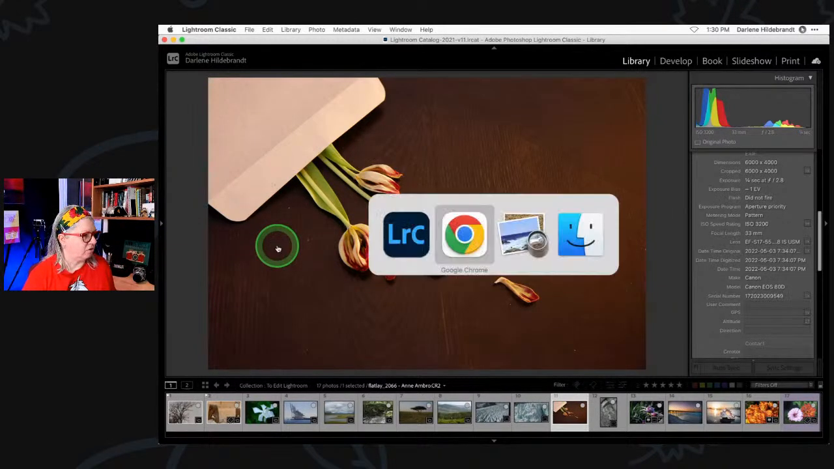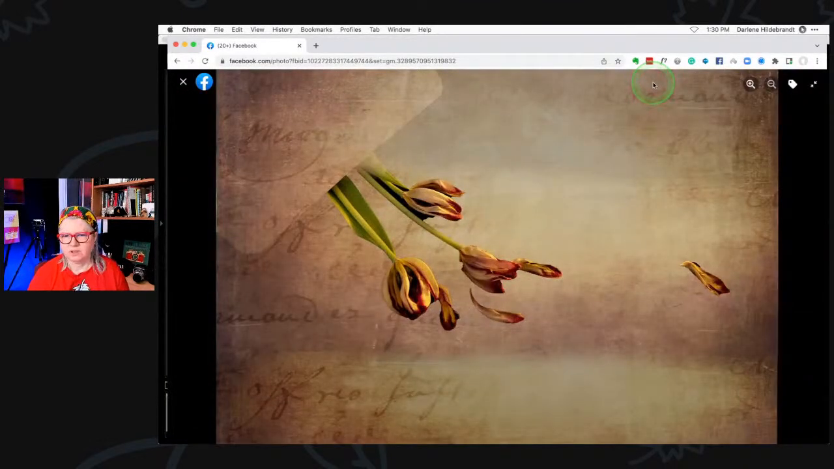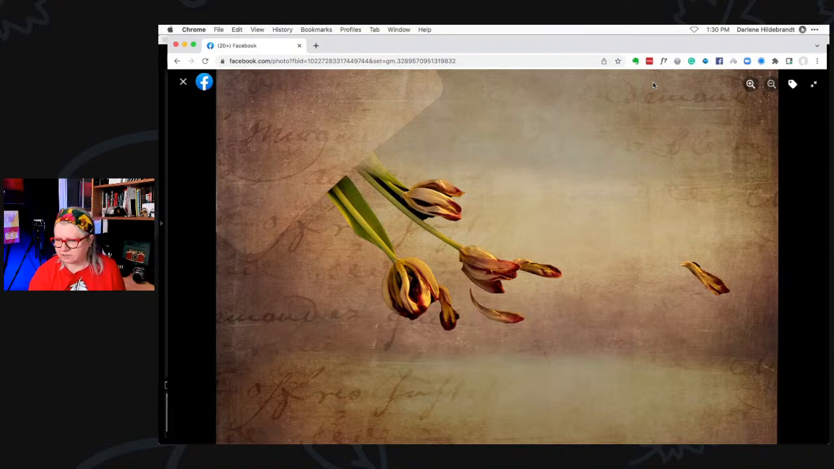Then I want to show you what she created out of it. Look at that. Okay, so that's Anne's finished image. I'm not sure that I can do anything better than that, Anne, but let's just see what I can come up with, right? Because it looks like she's